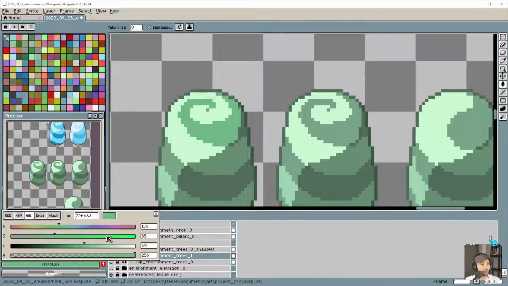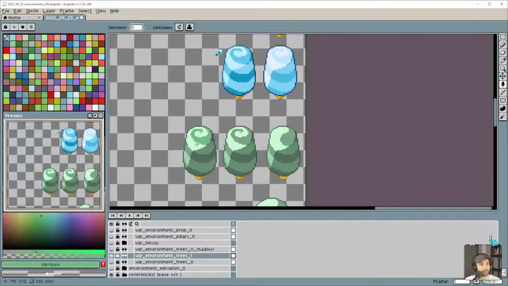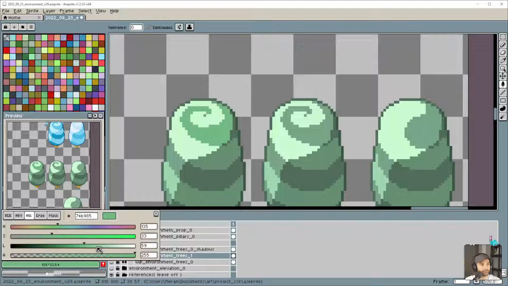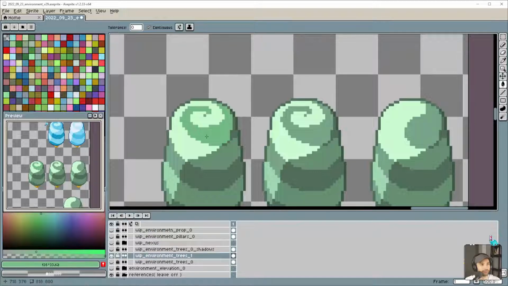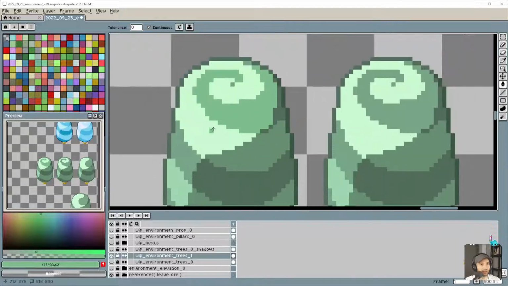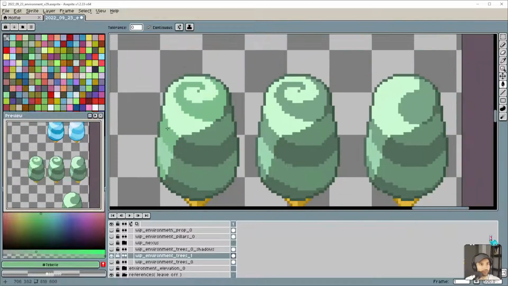But I'm terrible with colors, which is ironic. I think I like that green a little bit better. So let's try that and see what that looks like.